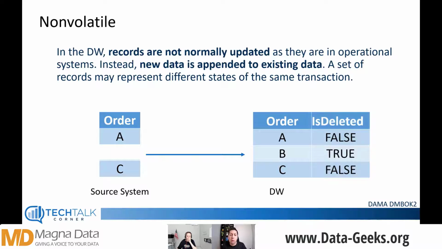You might flag that record as deleted. This is an important difference when you think about building the data warehouse just using Power BI, from source systems to Power BI. Okay, so this is a really good example that we can feel familiar with.